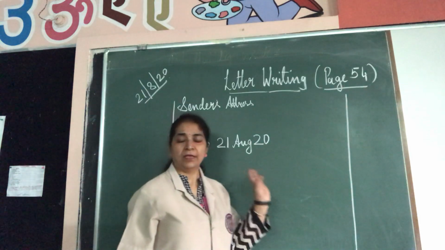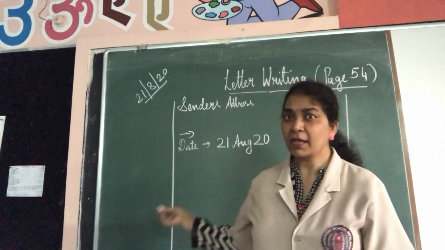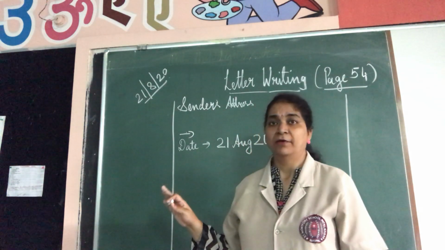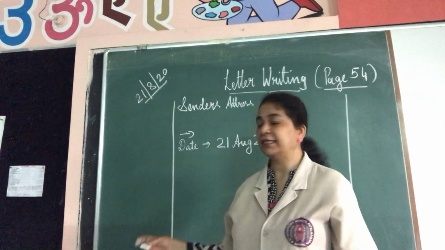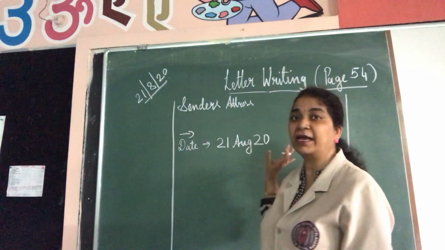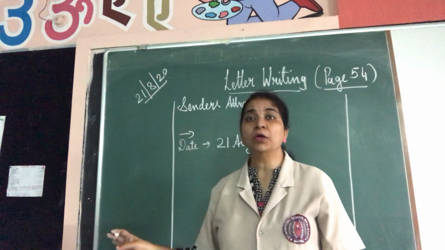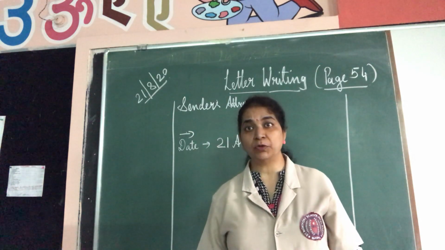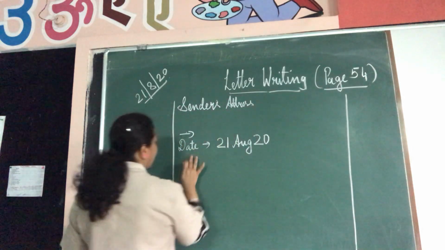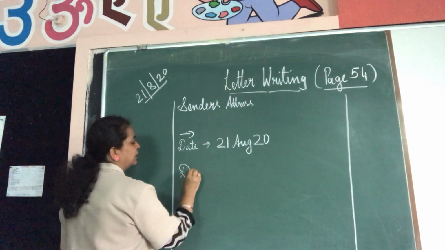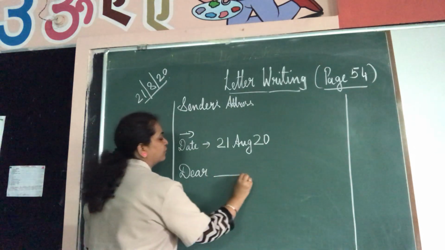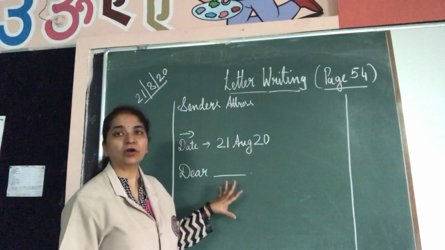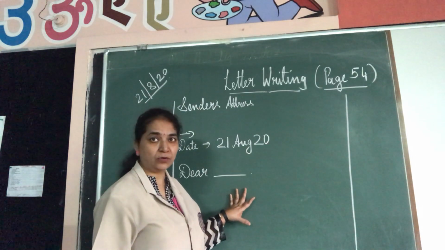After that, this is an informal letter, so you don't have to write the subject over here. When we write a leave application or anything, we write the subject and why we are writing the letter. But in this letter, you are writing to your friend. So no need. After one line, write Dear, whatever your friend's name is, and start with that. And then you will write the letter, whatever you want to write, over here.